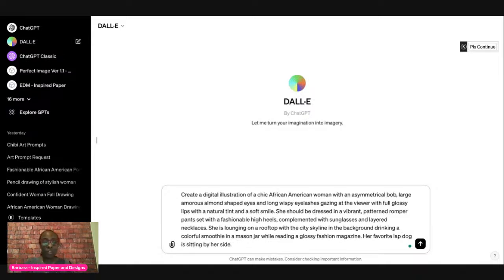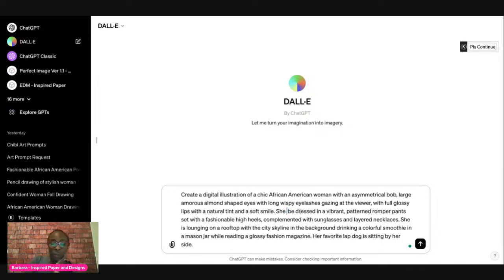Create a digital illustration of a chic African American woman with an asymmetrical bob, large, almond shaped eyes with long, wispy eyelashes, gazing at the viewer, with full, glossy lips with a natural tint and a soft smile.